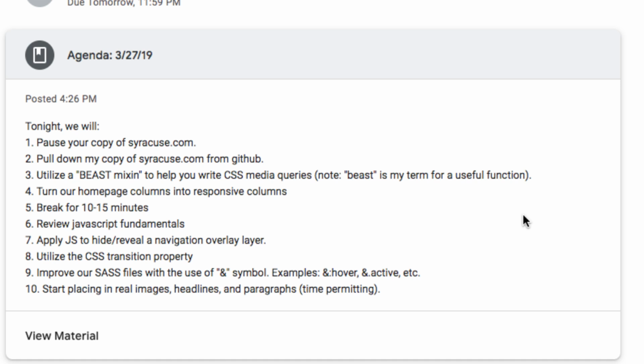But number one, tonight I really want to pause Syracuse.com just for a little bit and show you a few things about responsive web design and a few more things about JavaScript, and apply it back to our Syracuse.com prototype. Sometimes when you get into the middle of a project, like right now with Syracuse.com, it's hard to jam new things into it, whether it's JavaScript or responsive web design. And quite often, I like to break out and go to what I call a sandbox copy and do experiments without ruining my beautiful original prototype, and then learn from that sandbox, and then bring the code back into the